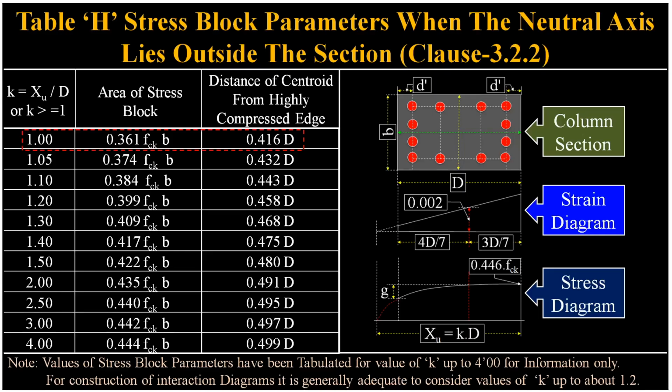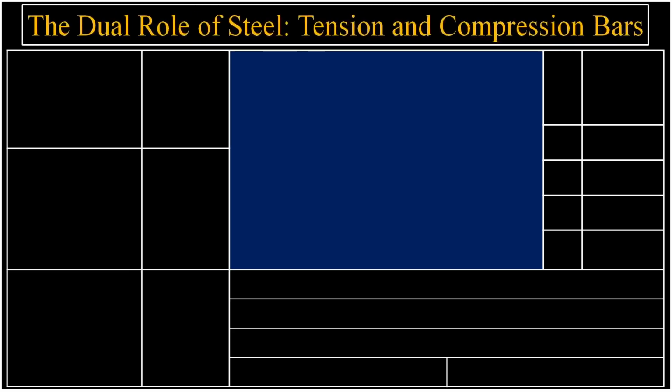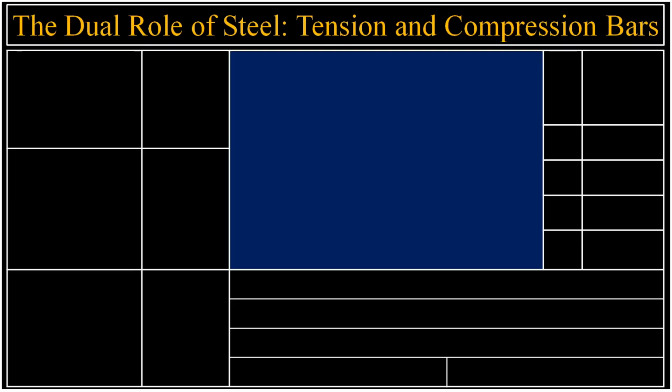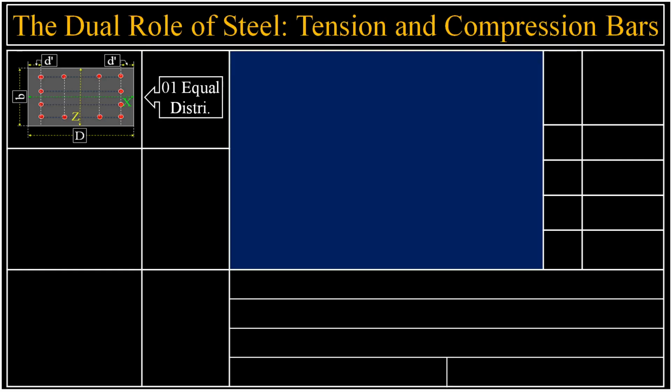Now let's move to the next slide. Title of this slide is the dual role of steel, tension and compression bars. Unlike a simple beam where one side is always in tension and the other in compression, a column's steel must handle both forces. Now we are seeing the most popular arrangement of bars. Number 1, equal distribution,